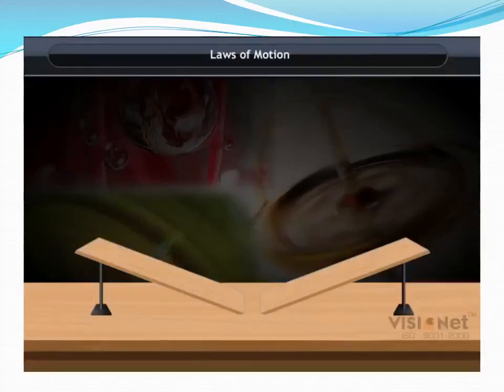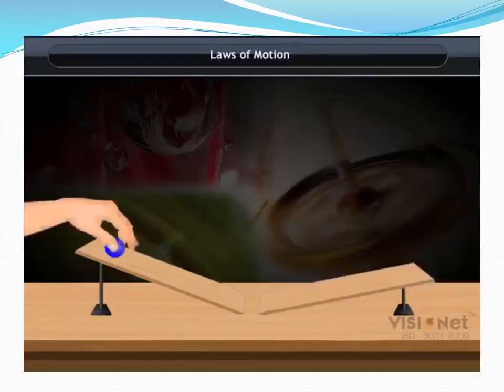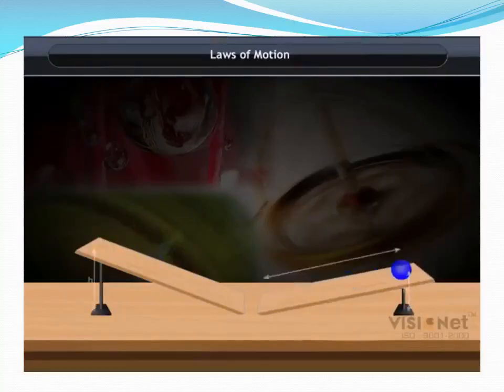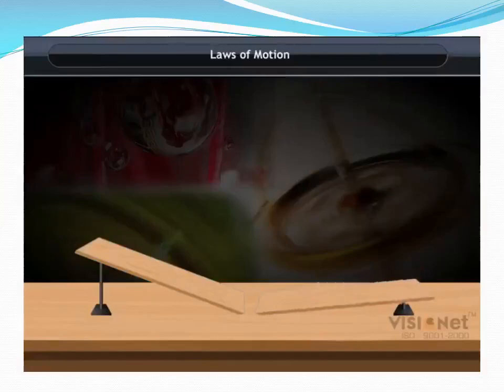Now we decrease the inclination of the second plane and release the same ball again from the left. What can you observe? It travels a larger distance to reach the original height. Now we keep on decreasing the slope of the second inclined plane, and what will happen when its slope eventually reduces to zero, that is, it becomes horizontal? Then the marble will continue to move forever trying to reach the original height, but practically it is impossible to achieve zero unbalanced force, that is, the force of friction.